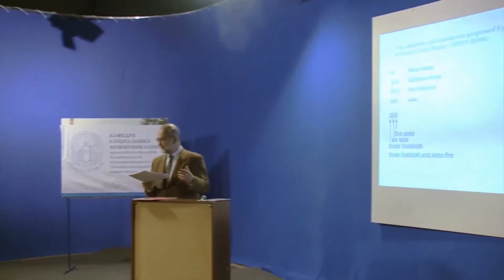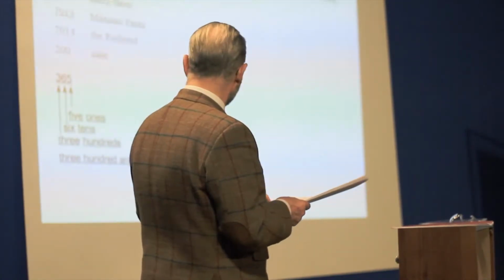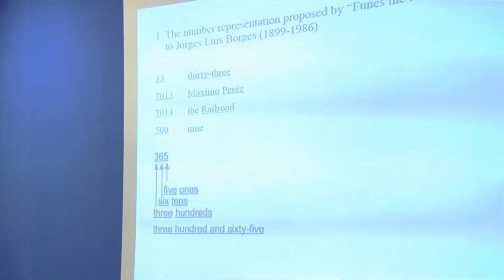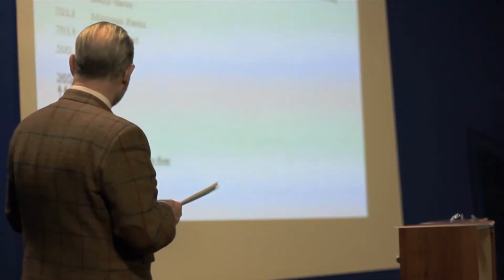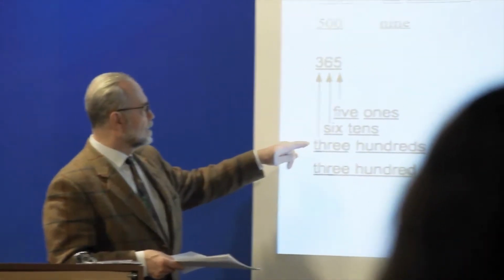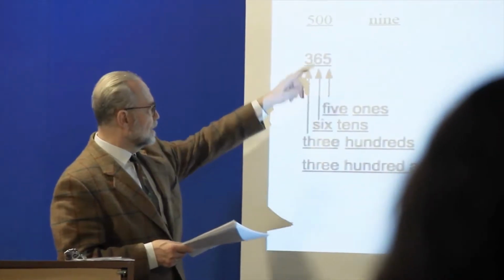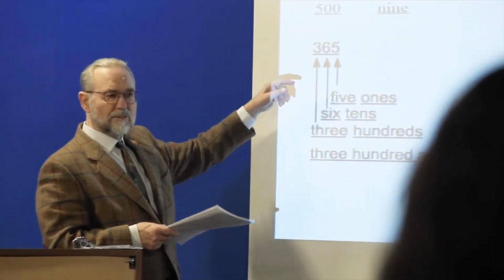I hope this shepherd boy idea is not too absurd for you, because we have to put our mind into that mind in order to understand the problem. And what Borges now says, and I just quoted him, is that for 365, which is a good example because it happens to be the number of days in a year, we say 300, 6 tens, 5 ones, so 3, 6, 5, and that's what we write here,